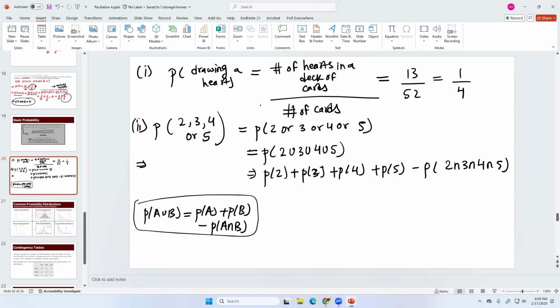Yeah. And this is 0, right? Because you cannot draw all of these cards at a single draw. And then you can do this. It's 2 out of, what is this? Probability of drawing a 2 is, how many 2s are there in a deck of cards? 4. Then 4s and 5s, 4 each. So just 4 out of